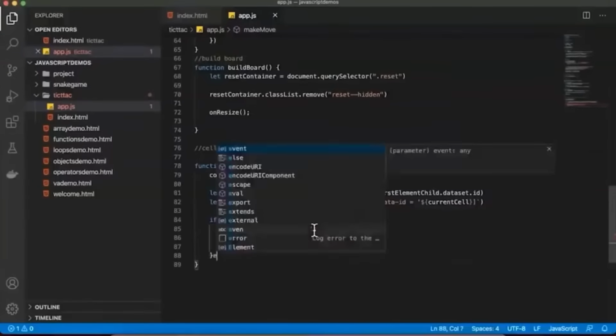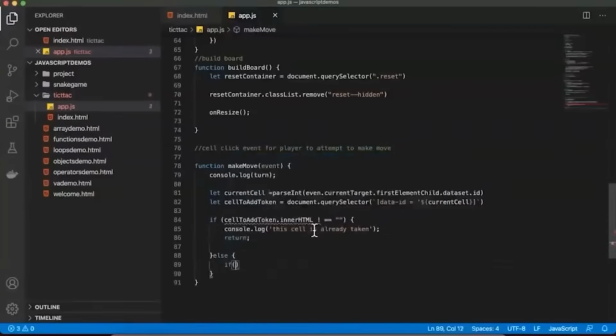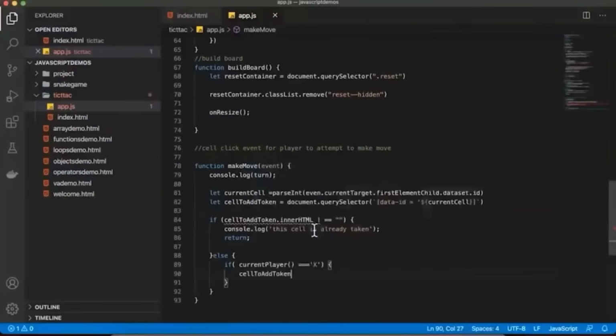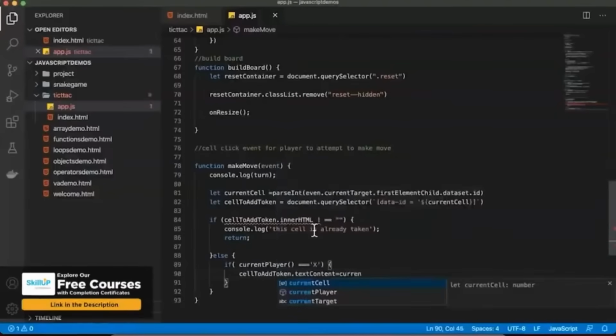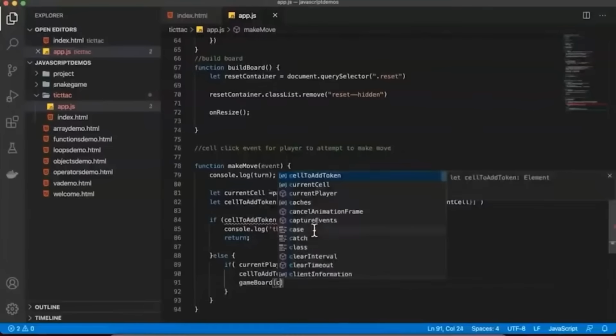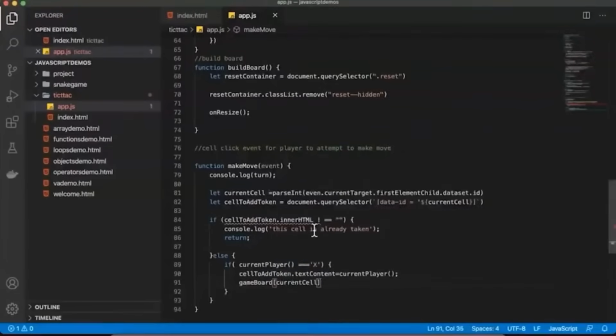After that we will be using an else condition, and here we use once again if currentPlayer is X, then we'll be using this option called cellToAddToken. We say cellToAddToken.textContent equal to currentPlayer, and for the gameBoard which you have created, pass this value currentCell, and in this currentCell the value will be equal to X. Else